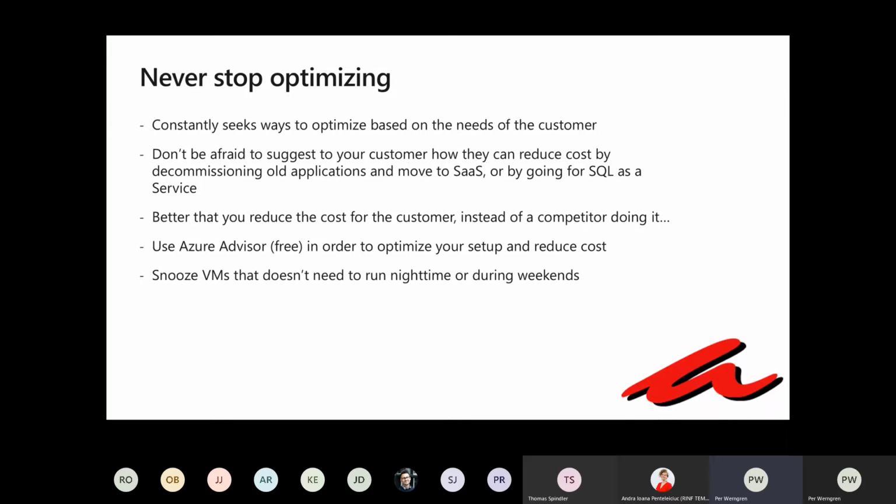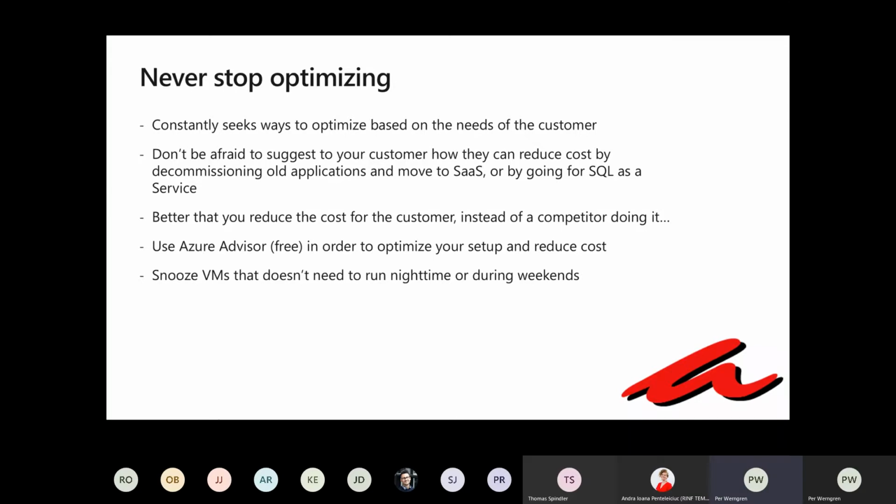One thing that is popular is to move from spinning up separate SQL servers for different applications and instead go to SQL as a service. If you are proactive, helping the customer discover how to modernize, then the customer will love you and they will allow you to run a high margin ship.